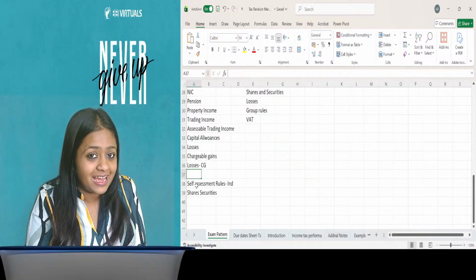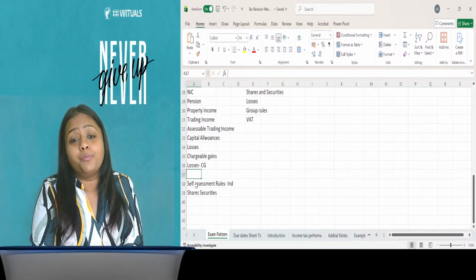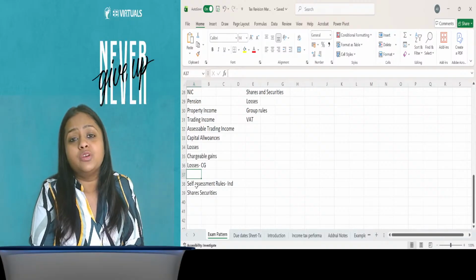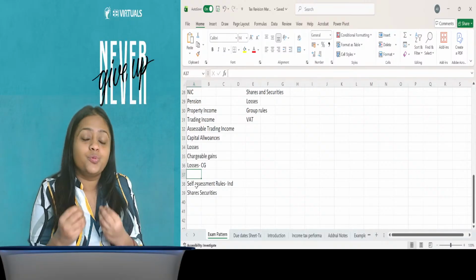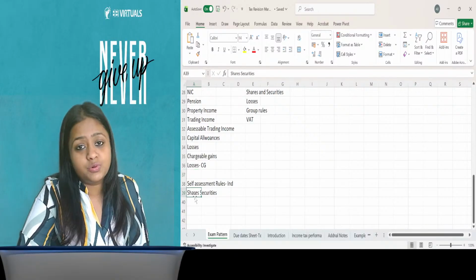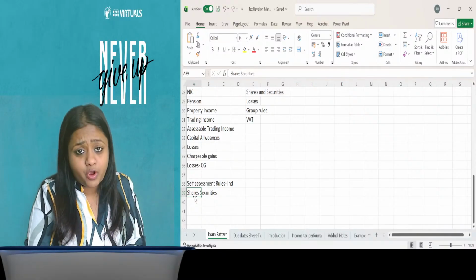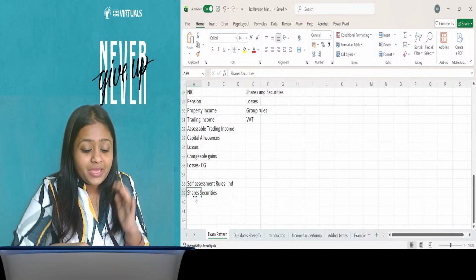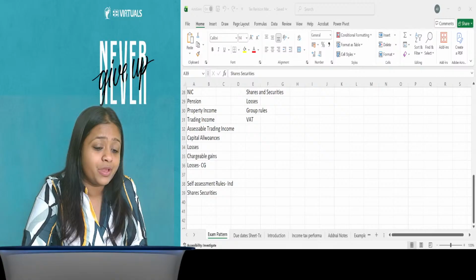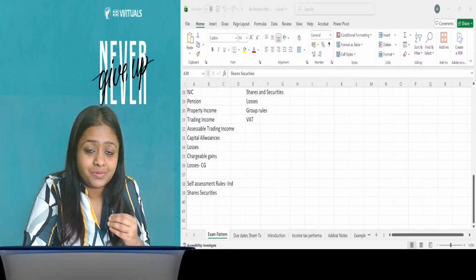I repeat it again, guys. If you have not got the copy of your PDF, then please get it from my Telegram channel, which is absolutely free, and its complete summary notes are over there. It is really going to help you a lot in your revision. Then we also covered shares and securities. So precisely we covered everything till this point, and now we are on day 2. In case you have any questions and queries, you can always put them to me in the chat box.